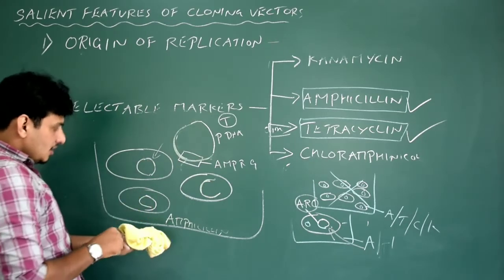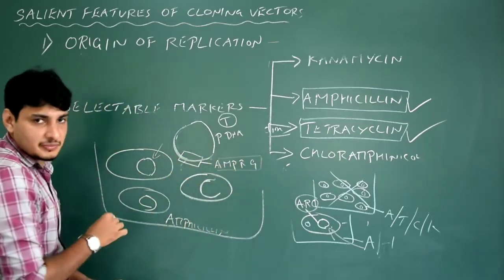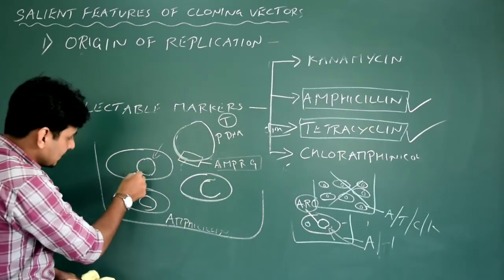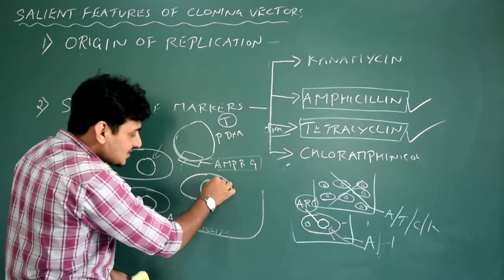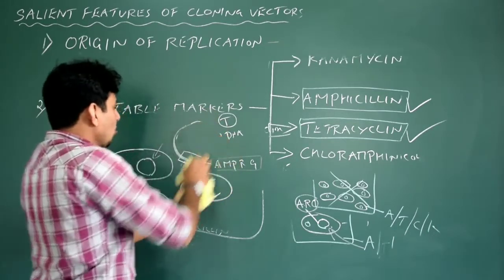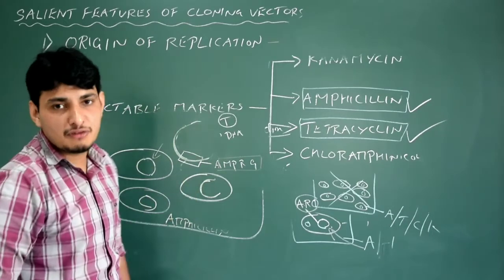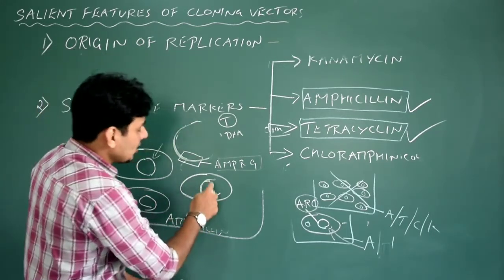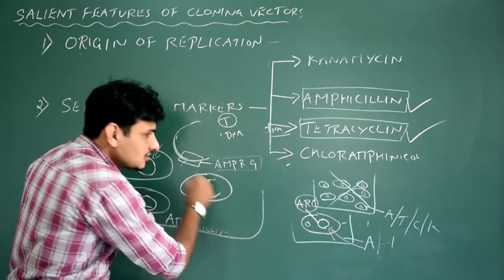But we have one more gene that is showing resistance to ampicillin. So that is still there, in this case that is still there. But in this case, no, because it failed. During the construction, only some cloning vectors have taken up the foreign DNA and some failed to take up the foreign DNA, and that is not called recombinant DNA. These two are rDNA. So again, this one is non-recombinant.